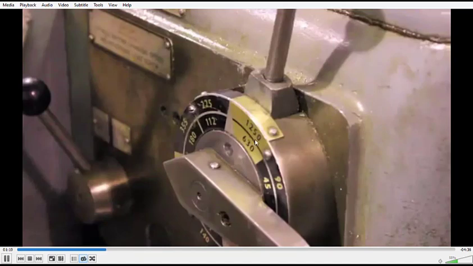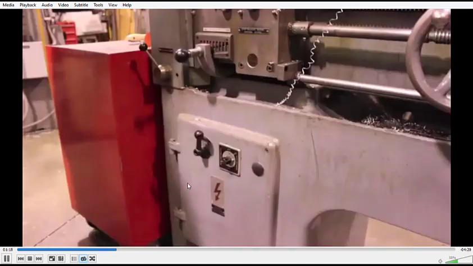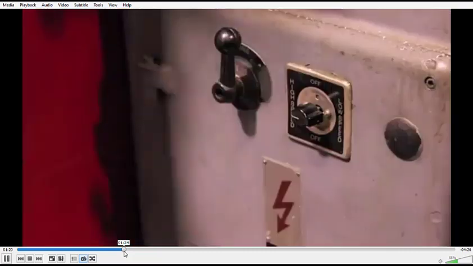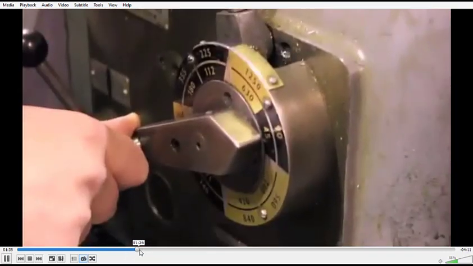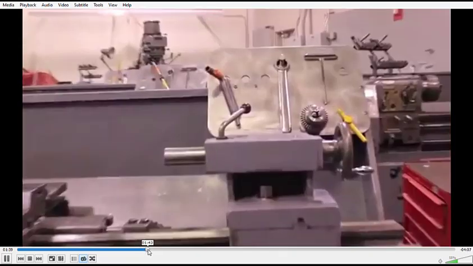Once you know the proper speed, determine whether the value is on the inner or outer ring of the dial. On the switch below, select low speed if the desired value is on the outer ring of the dial. After you've selected, use the dial to move the handle to the left.